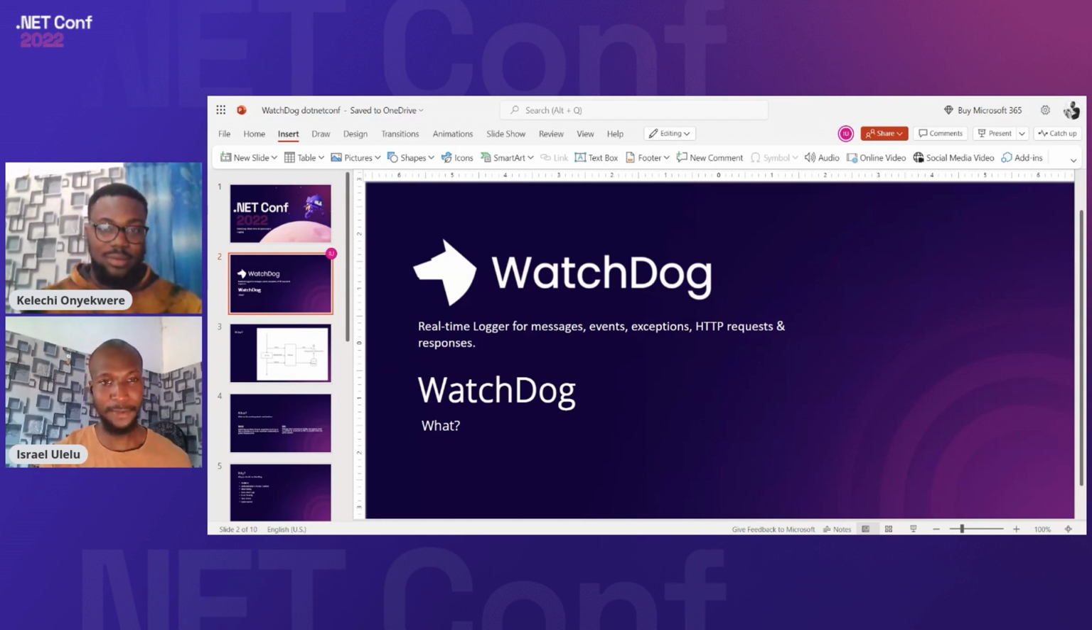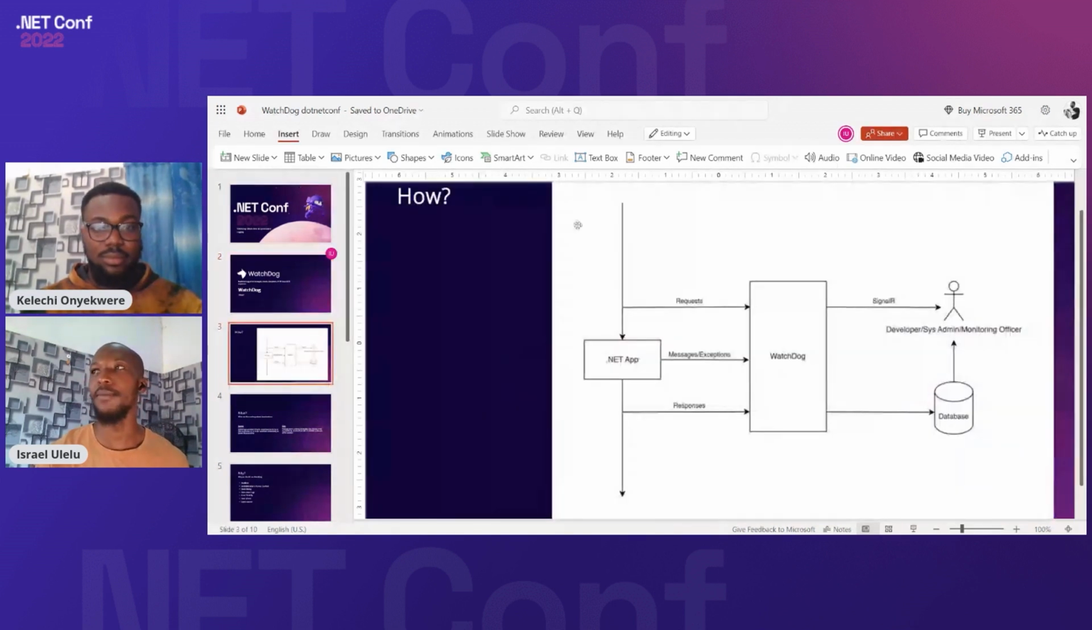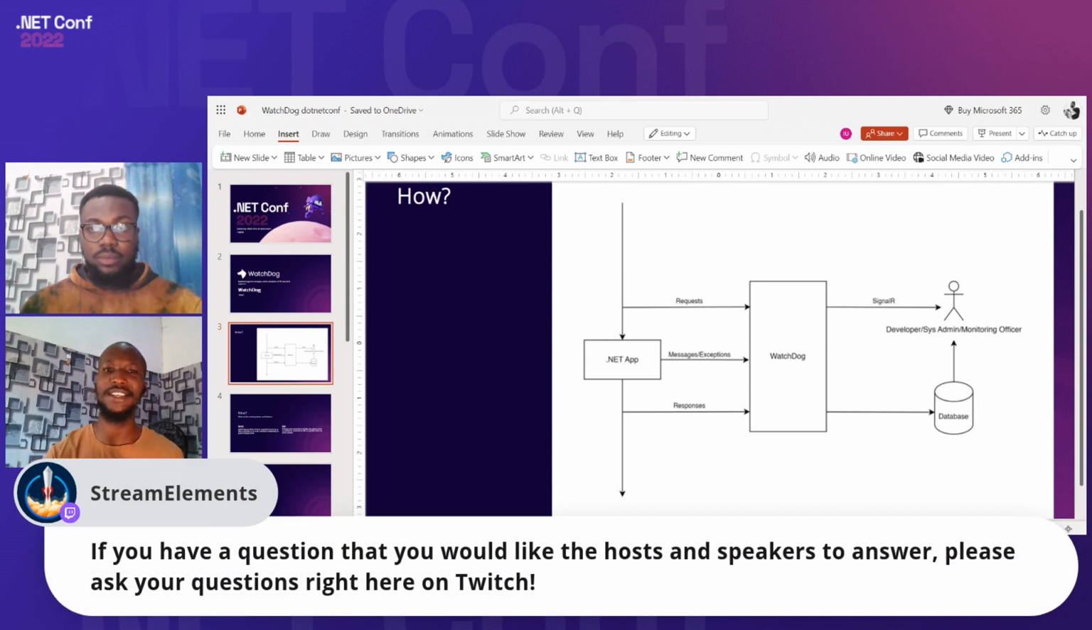Okay, great. So WatchDog, how does it work? How do you get all these amazing features inside your .NET application? This is a basic architectural diagram of how WatchDog works. WatchDog is a middleware. If you are still using .NET 3.1 or below .NET 5, you should have it in your startup class. If you are using .NET 5 and above, you should have it in your program class. It's a middleware, and that means it has access to basically everything about your application: the requests that come into your application, the happenings inside your application, and the responses that your application